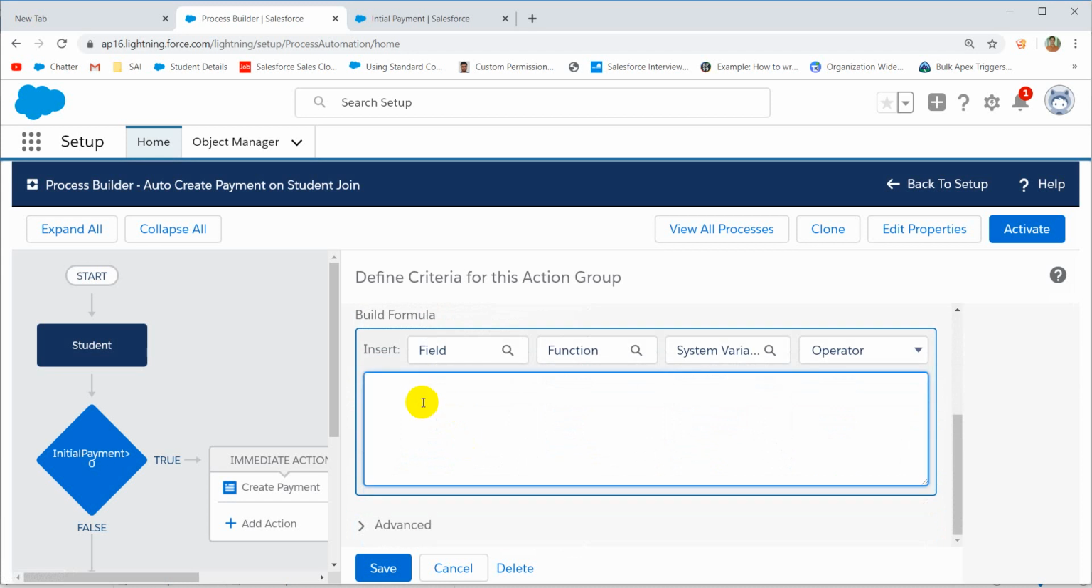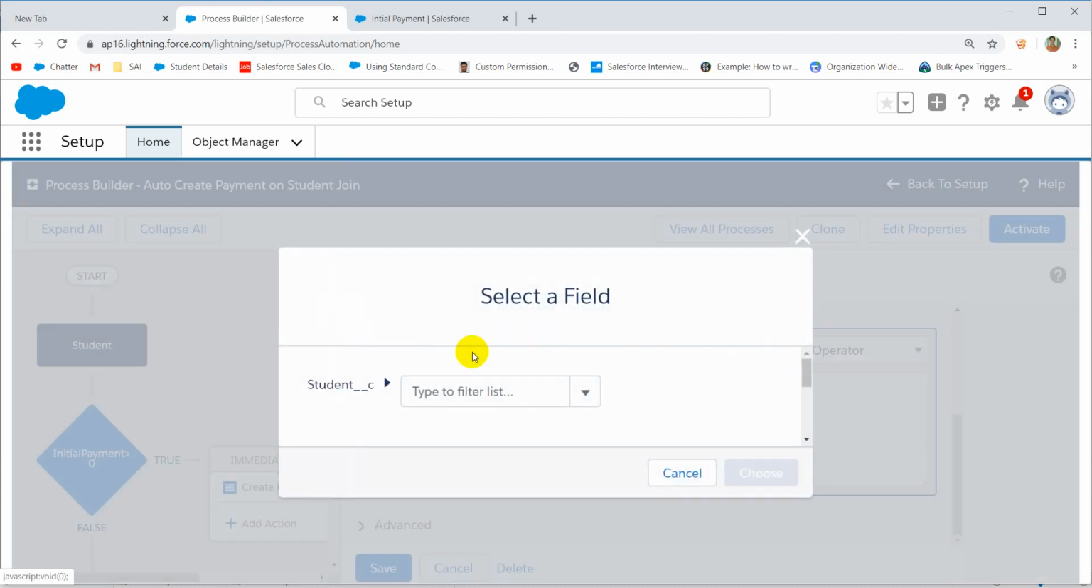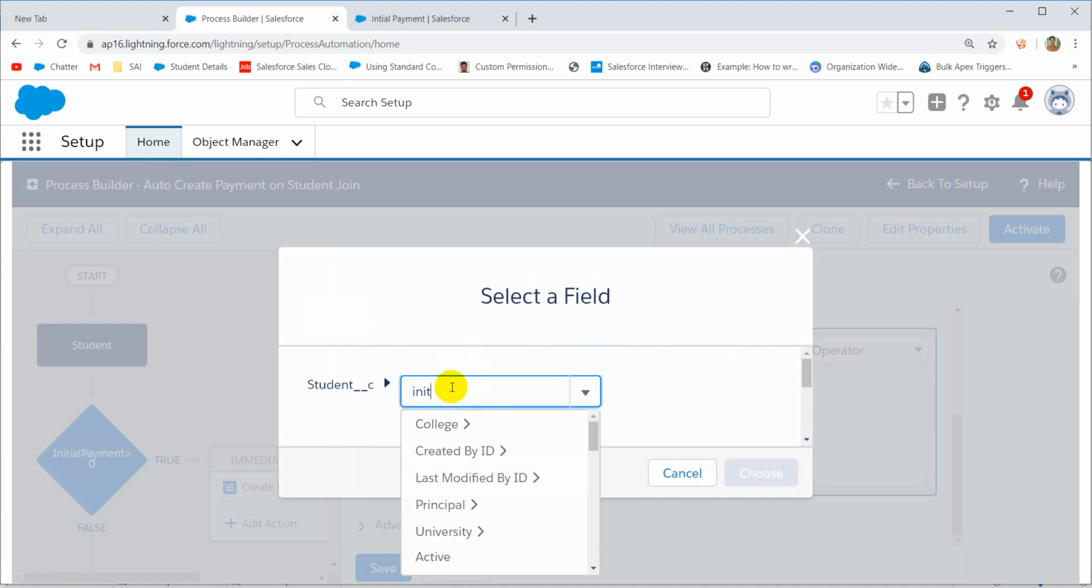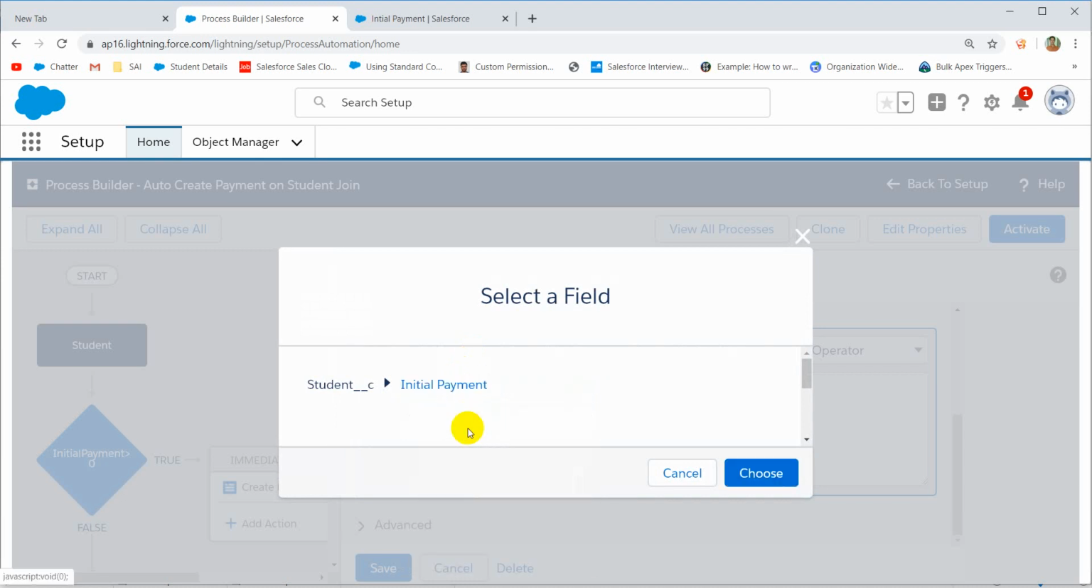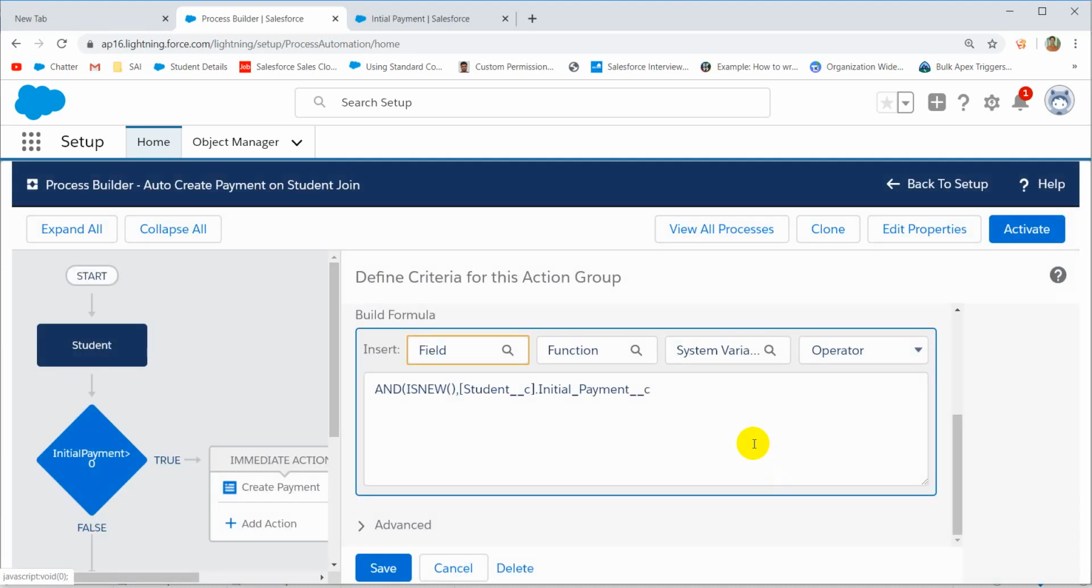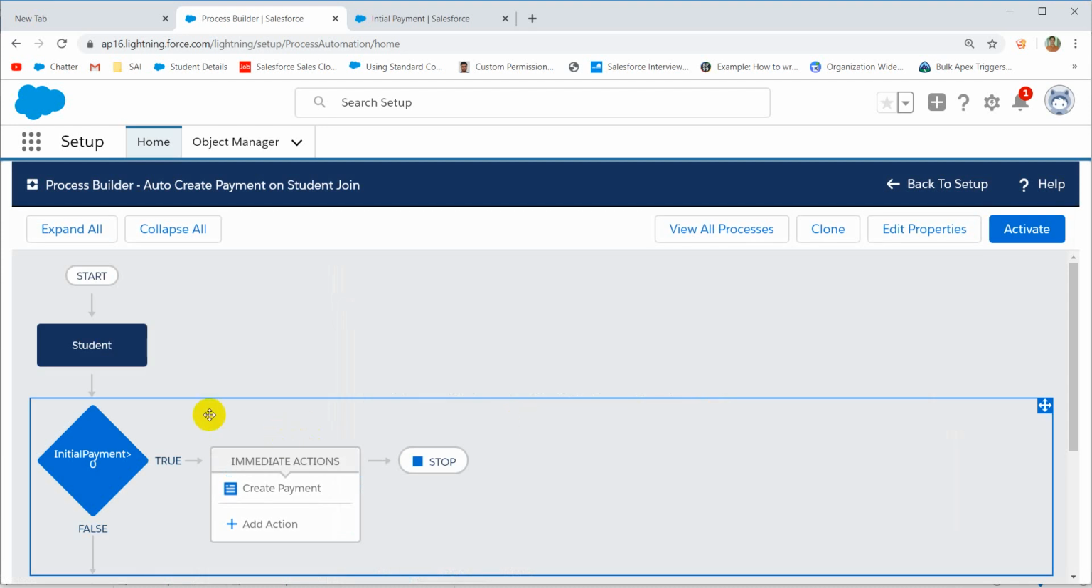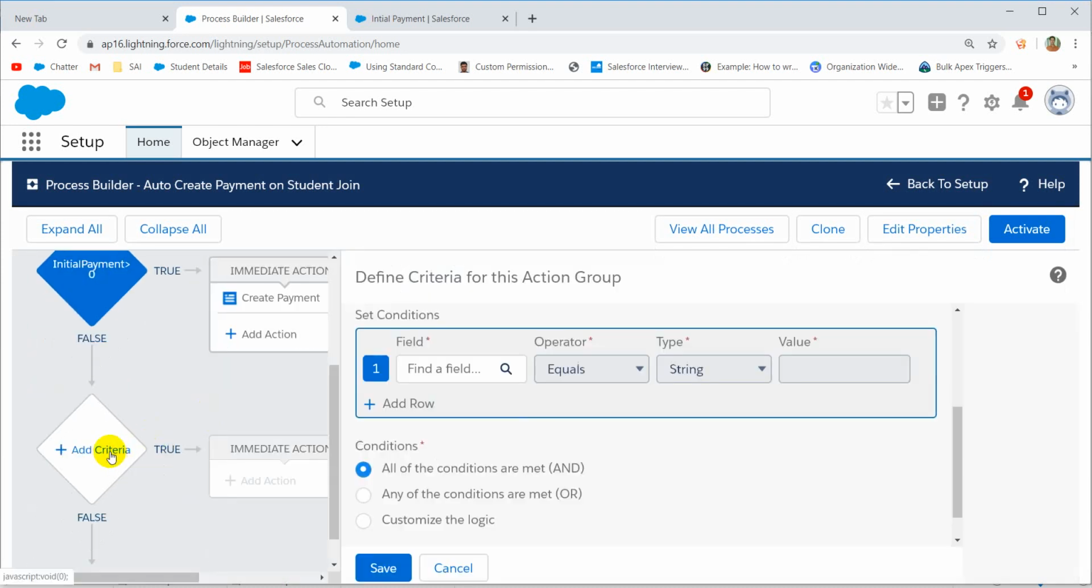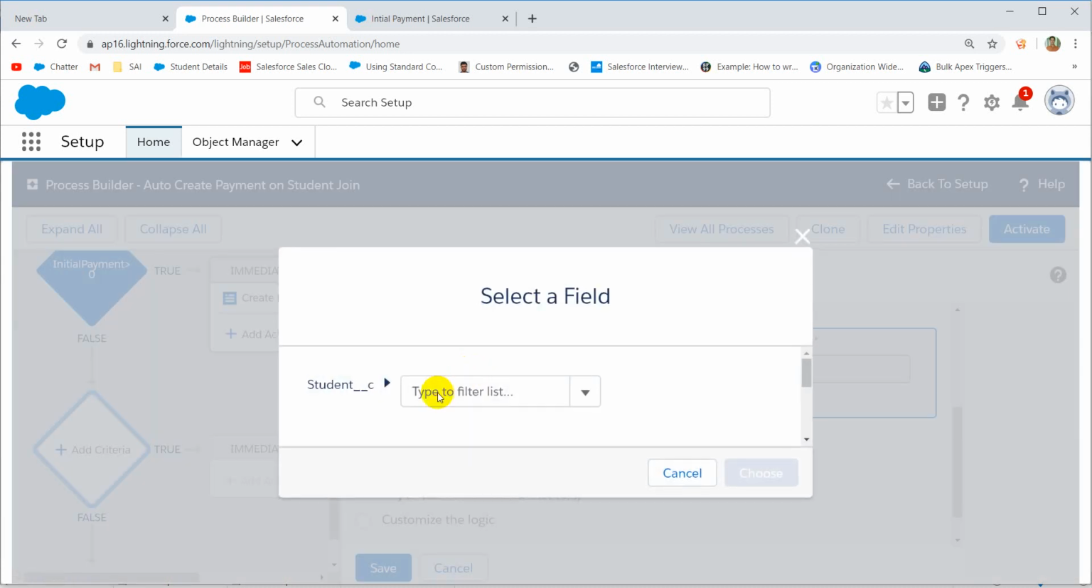use the formula here. Means if it is new and initial payment is greater than 0, then only we have to create the payment record. That is done. Next, add another criteria. This is for update. Okay, if initial payment is changed,